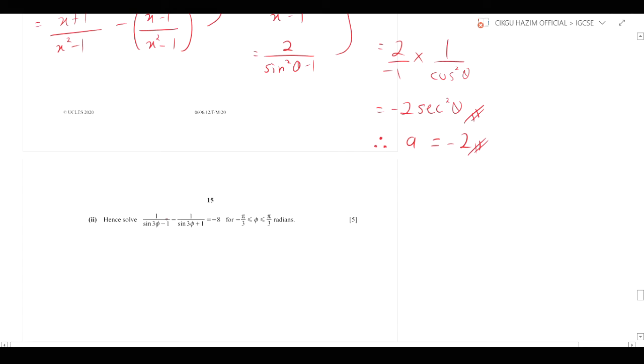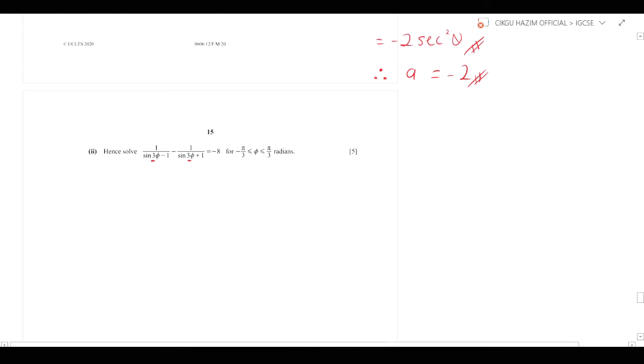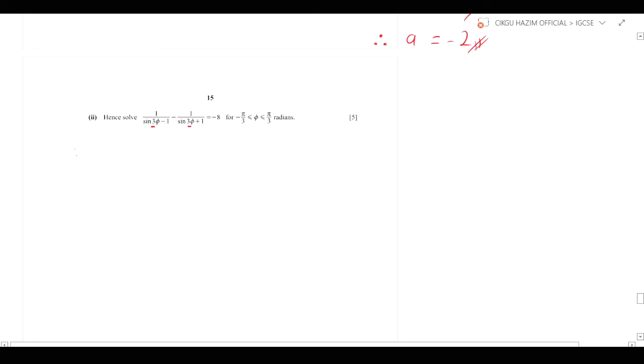So anything, 1 over sine 3 theta minus 1 minus 1 over sine 3 theta plus 1. So it's almost the same, but over there it's the angle, or you could say that the angle here has been multiplied by 3. Just to make it clear, it's also almost the same as 1 over sine 3 theta. Just imagine that that is theta minus 1, and then here sine 3 theta plus 1,